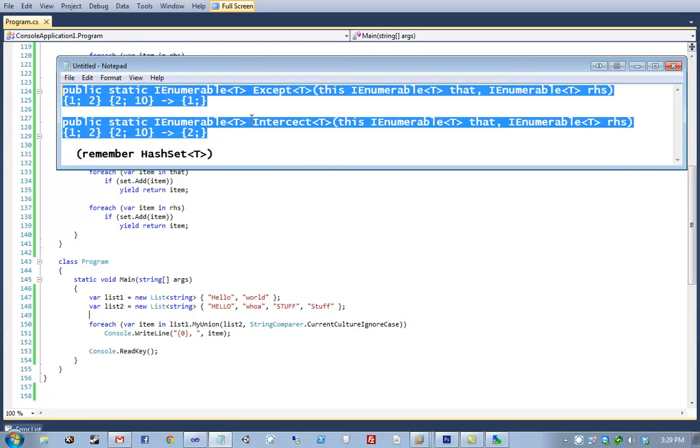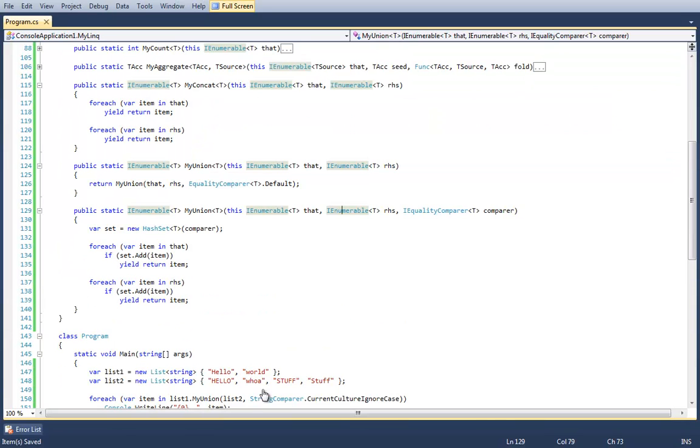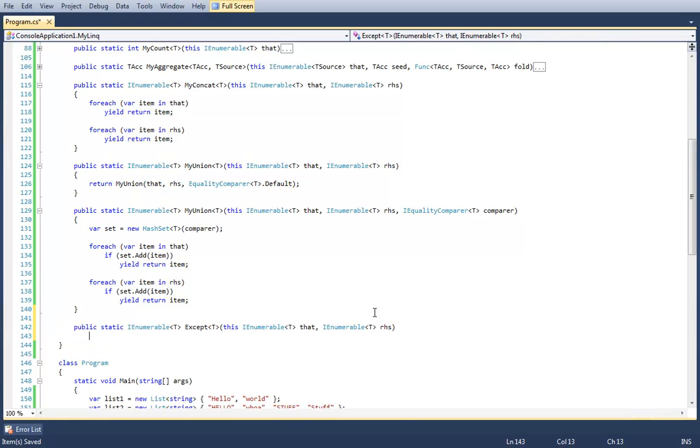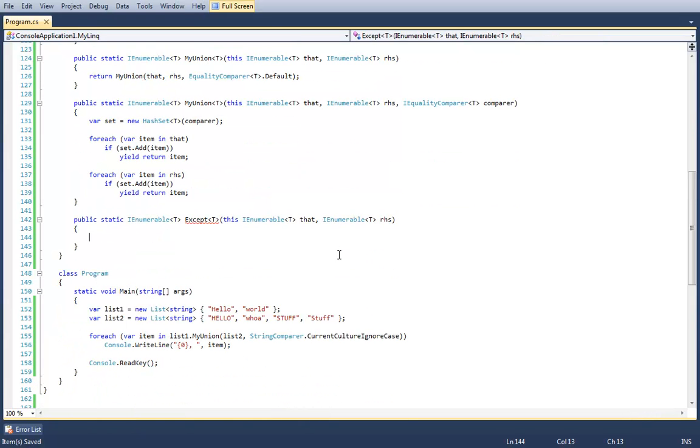Okay, so go ahead and implement these guys. Okay, so Except. I vaguely remember a very elegant implementation of this method, but I'm probably going to botch it a little bit, just trying to implement this method out of what it does, so bear with me. What we need to do is return everything that is in the source list that is not in the other list. So what we could do is go ahead and create a blacklist.